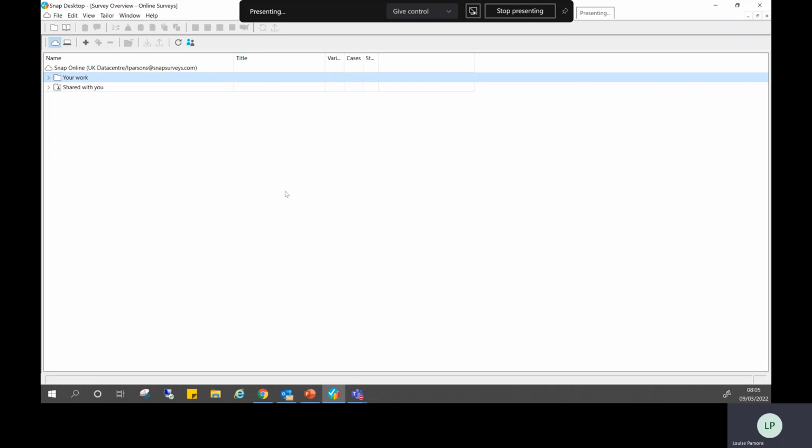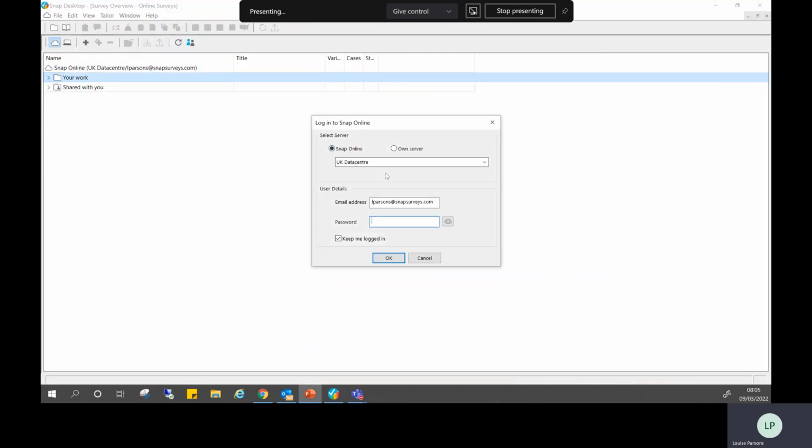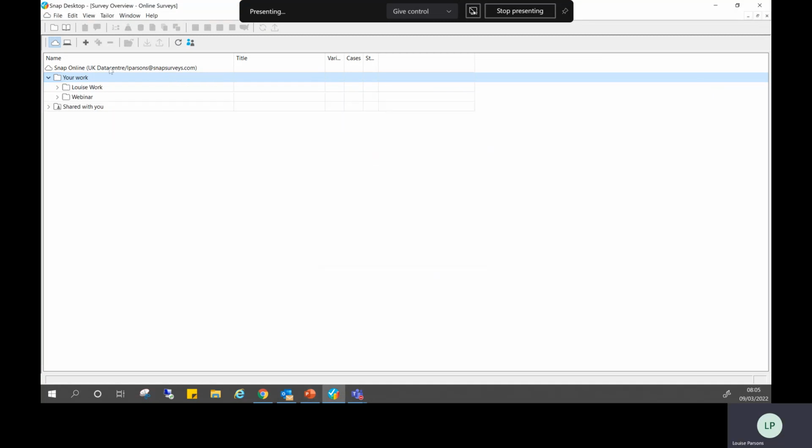So I've just opened up my desktop Snap XMP. And as you can see, you're faced with our nice online mode, which will communicate directly with your online account. This is done through logging into your online account through here, and then it will communicate directly with it. All of the online accounts are set up via an email address, and that's how they're identified. In here, you can see that we have my work, it's my general folder, and you can have other subfolders here if you would like.